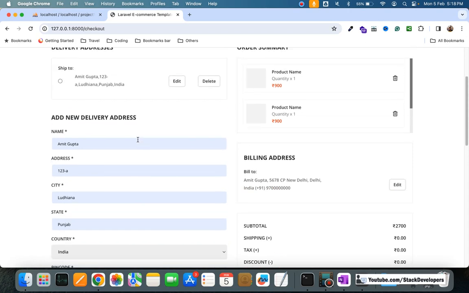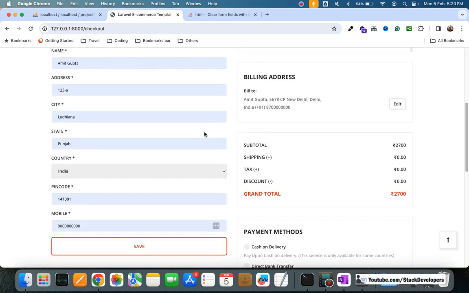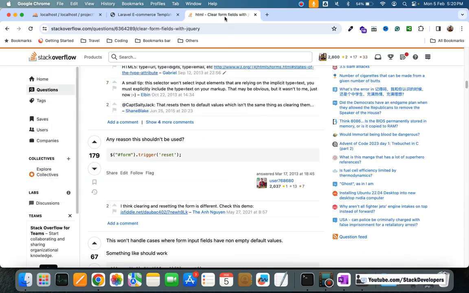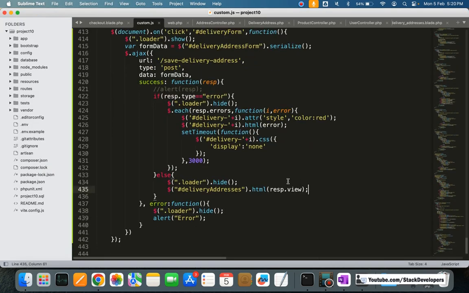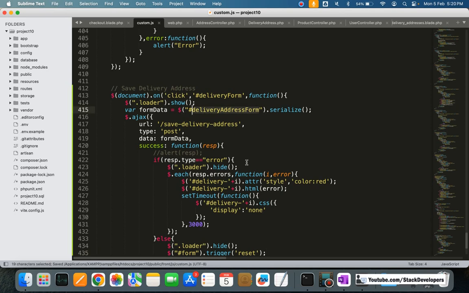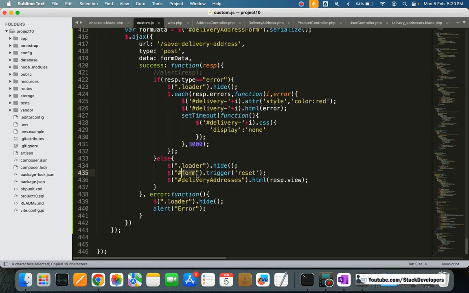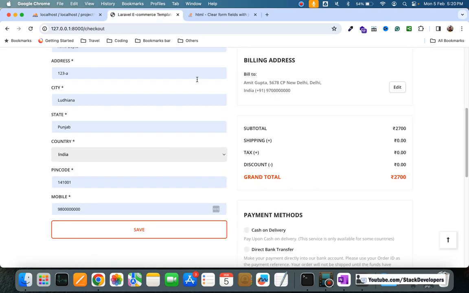Okay, so this form, we can make this form empty as well. And for making the form empty, I have searched one thing. Here we are going to try form trigger reset. Okay, so this one we can try. We will add it after this one, or we can add it here as well. And here our form name is delivery address form. Here I'm going to use this one. Okay, so let's see if it will empty the form